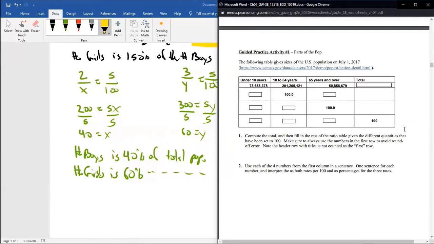So the last row you see here would be able to say, all right, well, the under 18s are this percentage of the population. The quote middle people are this percent of the population. And the quote old people are this percent of the population. And since that's the only three categories we have, you could actually check that by adding all three, and they should be 100, or only off by like 0.1 because of rounding. So maybe try that out.